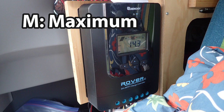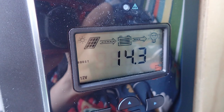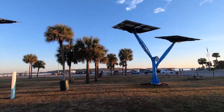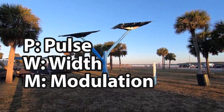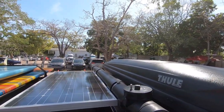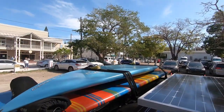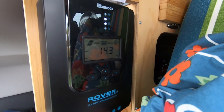MPPT means Maximum Power Point Tracking. It's a newer technology than the traditional cheaper PWM controller, which stands for Pulse Width Modulation. Solar panel power is messy because it goes up and down continuously every few minutes as clouds and other things change the amount of sun hitting the panel. The controller smooths this out